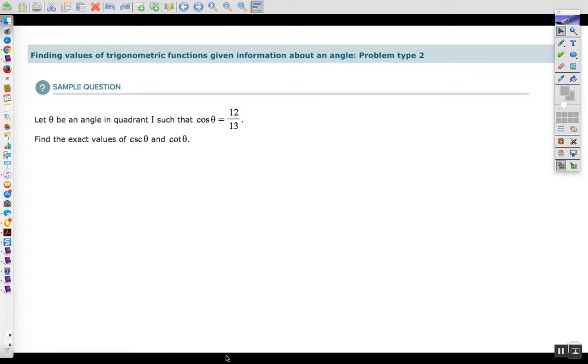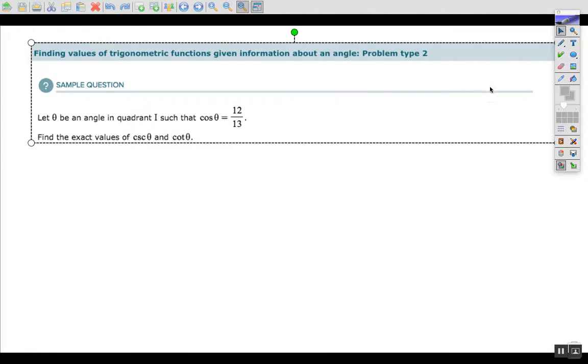Okay, this next topic is finding values of trig functions given information about an angle. Before we can solve this, we need to review our sine, cosine, and tangent trig ratios, and also cosecant and cotangent. So remember, sine is equal to,